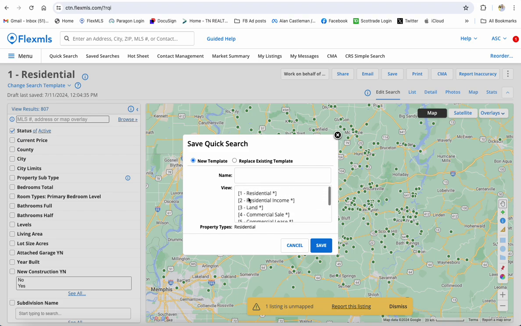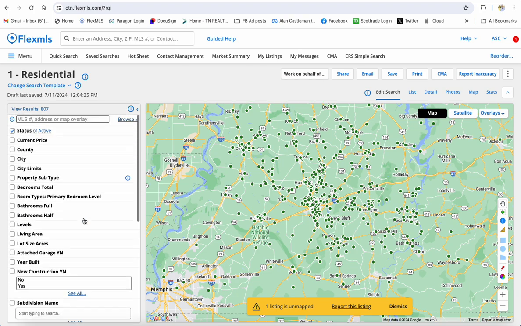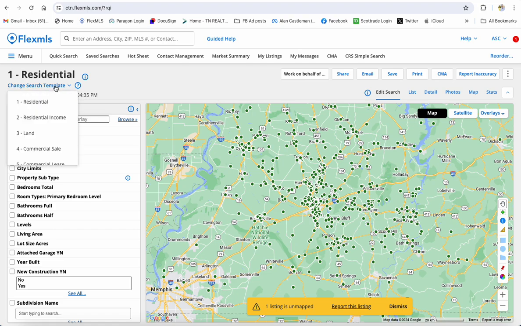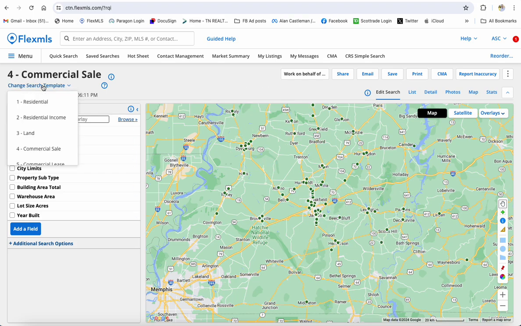These are the ones that are there. I'm going to create a new template, and I'm going to call it Allen New Resi Search, if I can spell. Save. Done. At this point, I now have this search criteria saved, and I can quickly get to it at any time. All I've got to do is do the drop down right here, just like I did a minute ago when I went to commercial, right? It changes the criteria. If I roll down, Allen New Resi Search. Now this is another one that I've already created, but for this video, I just created this. So when I click it,